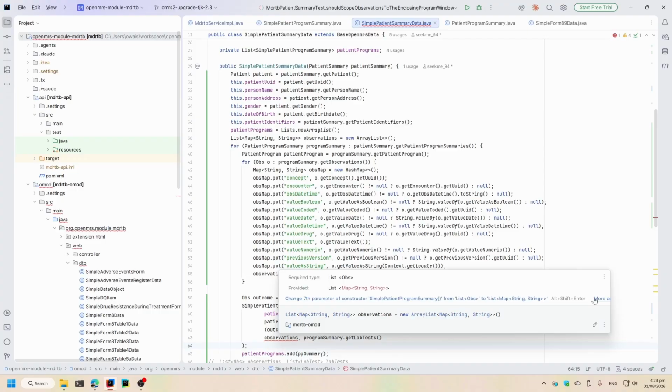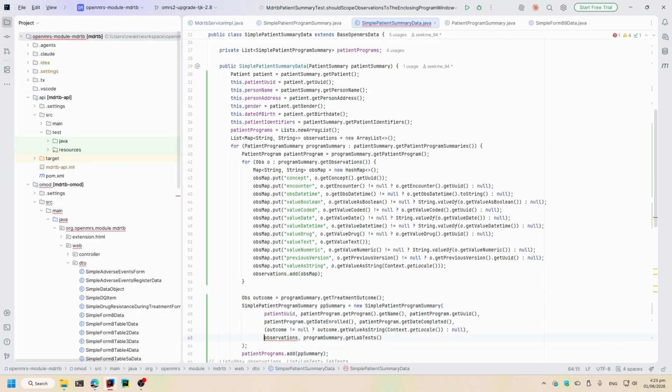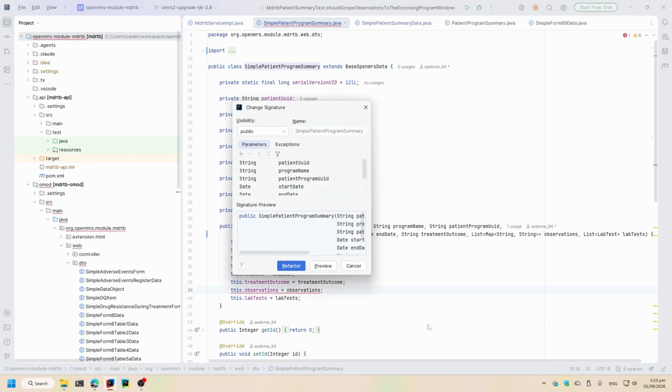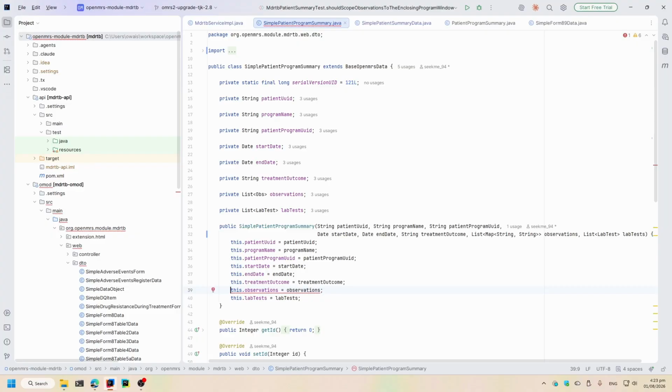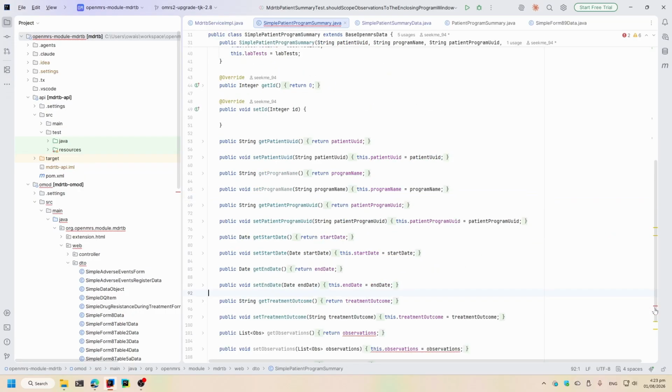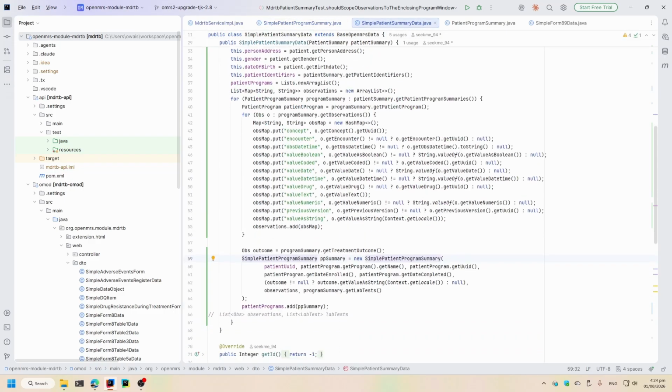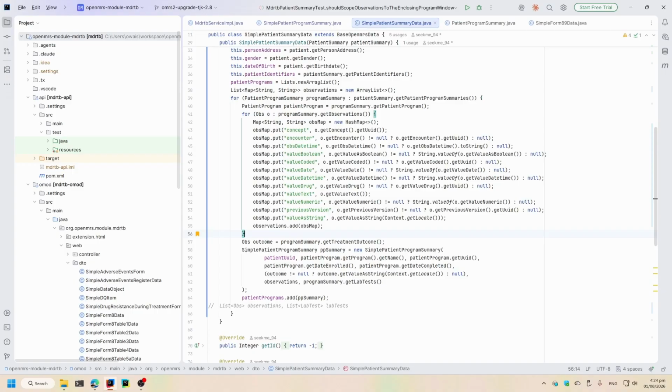So let's change this, and also change the parameter from obs to map of observation properties. Okay, so now we should be, yeah,